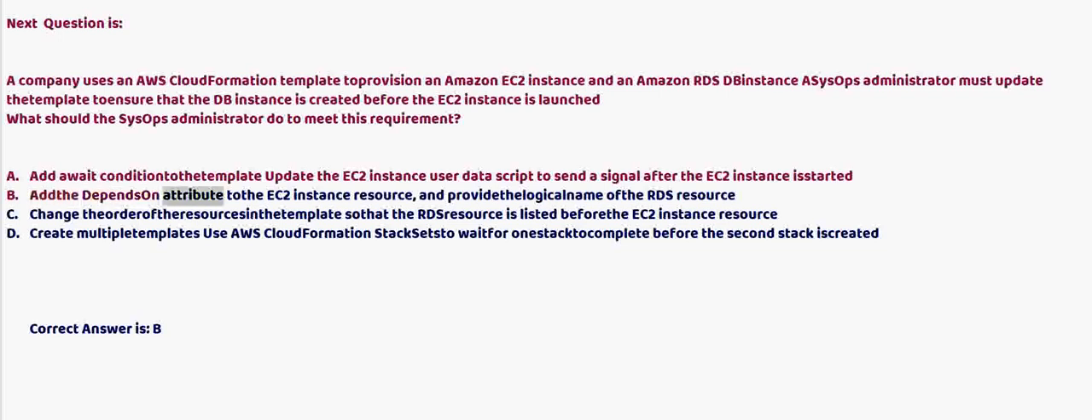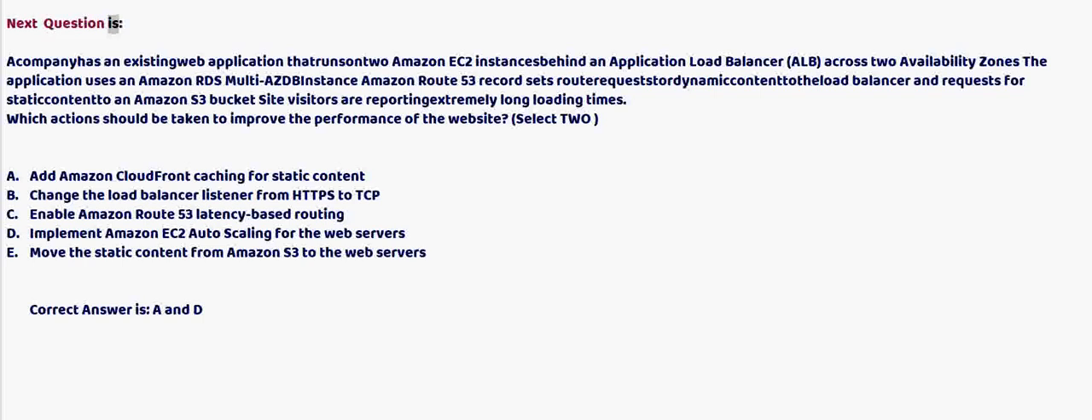B. Add the DependsOn attribute to the EC2 instance resource, and provide the logical name of the RDS resource. C. Change the order of the resources in the template so that the RDS resource is listed before the EC2 instance resource. D. Create multiple templates. Use AWS CloudFormation StackSets to wait for one stack to complete before the second stack is created. Correct answer is B. Next question is: a company has an existing web application that runs on Amazon EC2 instances